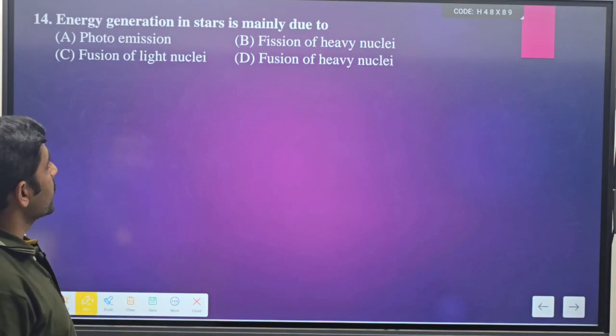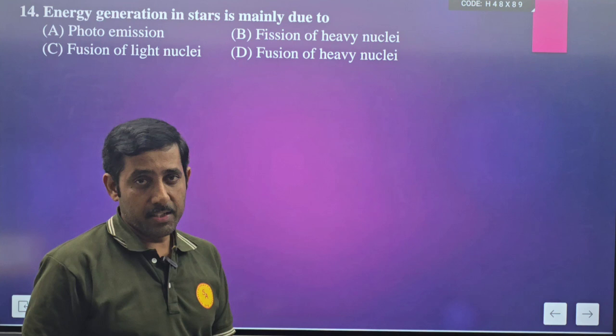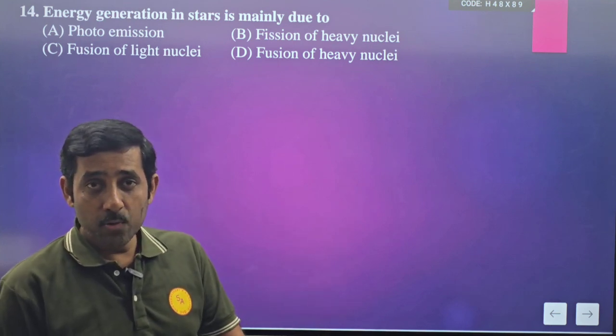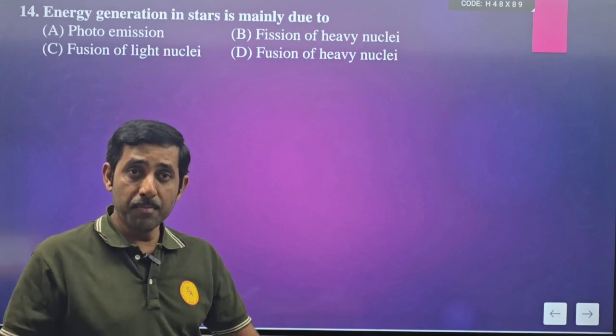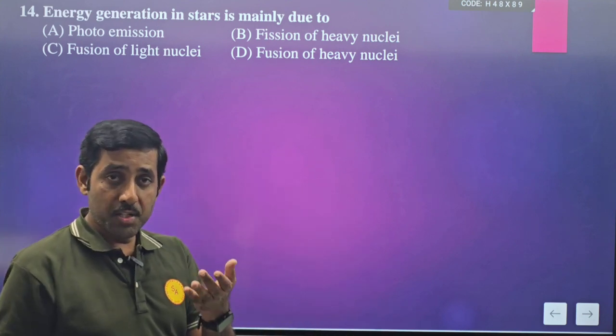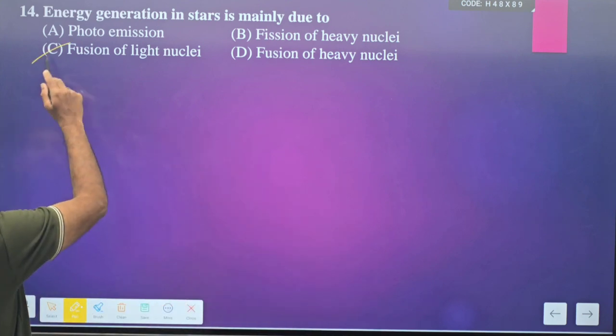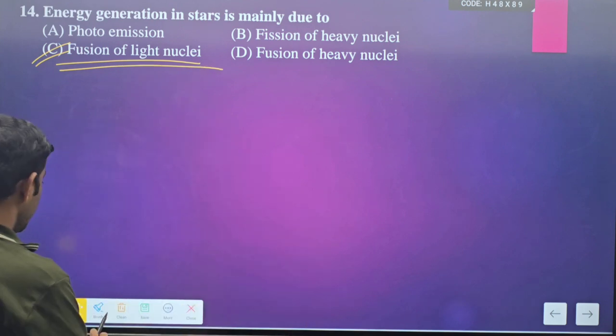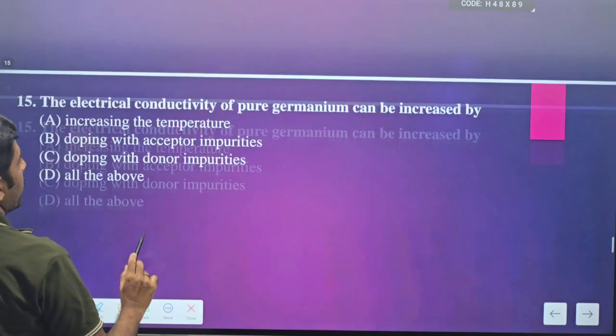Next, energy generation in stars is mainly due to, obviously, thermonuclear fusion reaction. What is nuclear fusion? Two or more lighter nuclei fuse together to form a heavier nucleus. So fusion of lighter nuclei, that is the correct answer, option C. So next question,